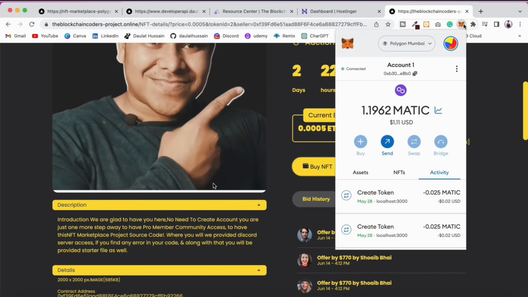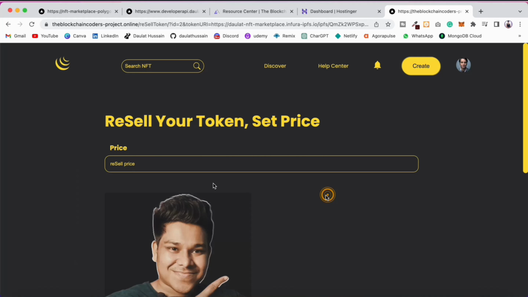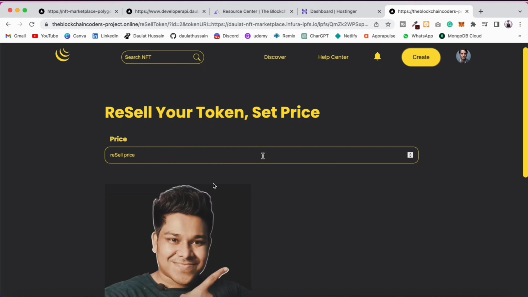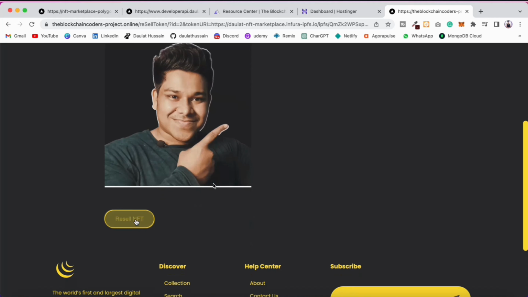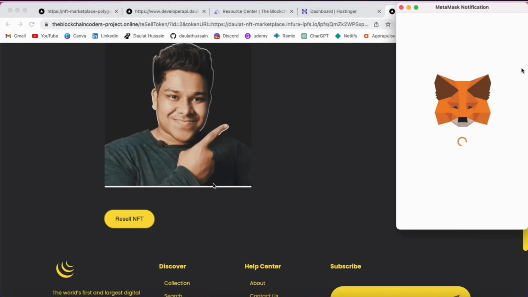If you come to the own NFT, this is the one we have bought just now, everything's working fine, and you can simply list this. Now we can list this NFT to the marketplace, so we can resell it very easily. So let me give the price. This time I will say 7, because this time we are dealing on a real test network, not on the localhost, and I don't have much Matic coin in my wallet, so I have to be really conscious of the price. So just wait,